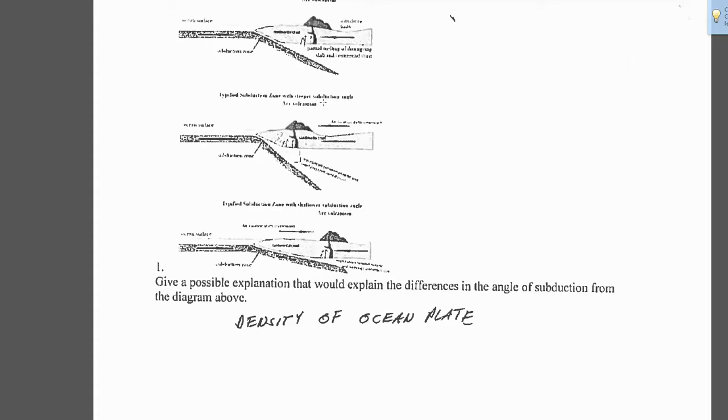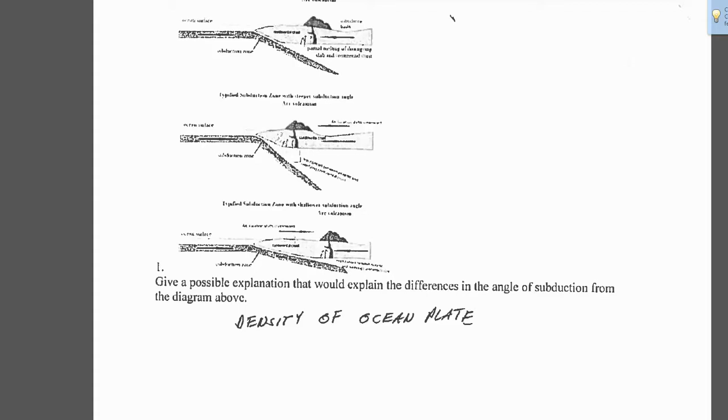As we talked about many times in class, it's the difference in densities, and we know the oceanic plate has greater density, and the greater that density compared to the continental plate, which is less dense, you have a steeper angle of subduction. So the middle one has the greatest angle, so this difference between densities would be the greatest. The top one would be a little bit less difference, and the bottom one would be a lot less difference